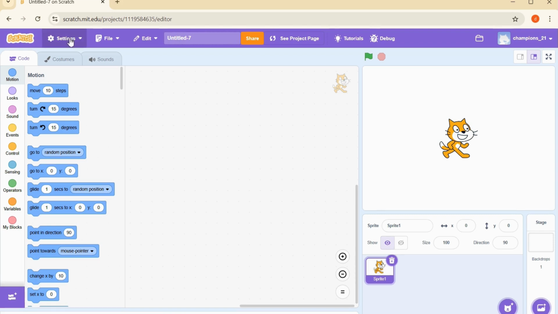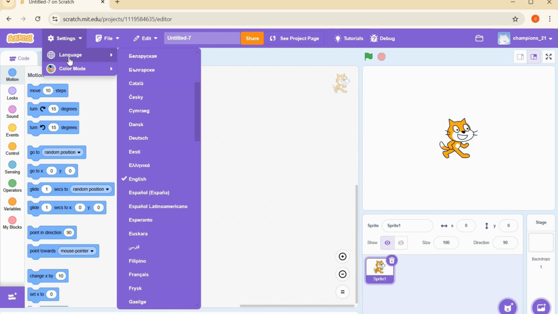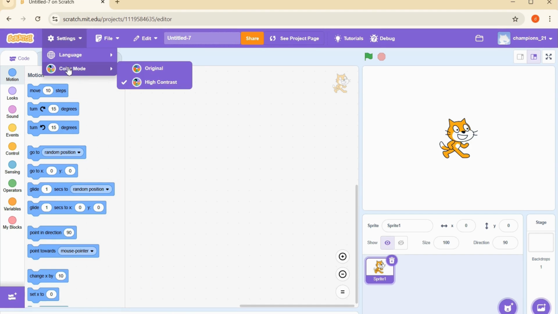It has a settings option. Whenever you click on it, two options drop down. First, language: you can choose whichever language you are interested in or confident with. Color mode: we have two color modes, original and high contrast. You can choose either one according to your preference. File,